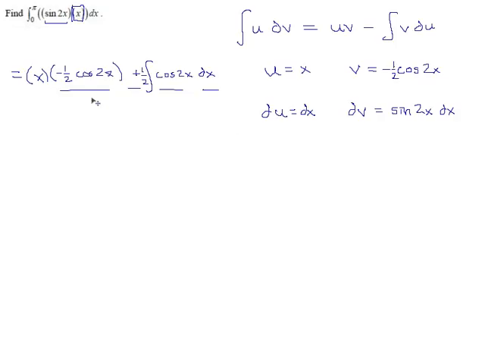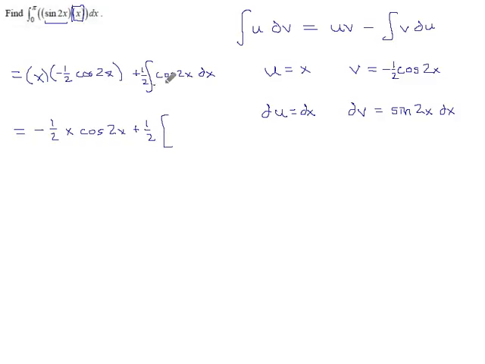So can we do this now? This definitely helped, because before we had an integral with x times a trig function, and now we have an integral with just a trig function. So this is an improvement. This is an integral we should be able to handle. Here we get, I'm just going to clean this up, minus 1/2 x cosine 2x. All I really did was change the order. And then we get plus 1/2